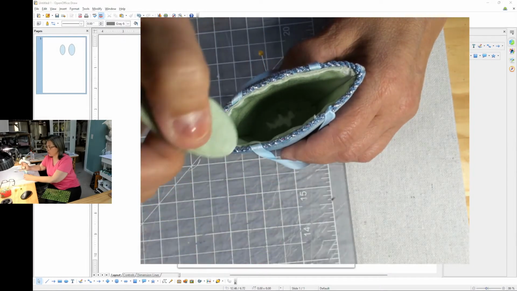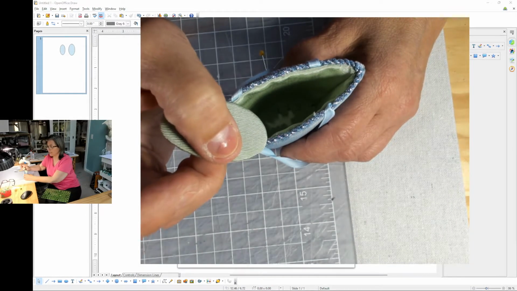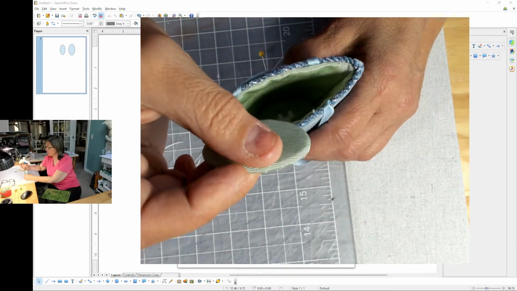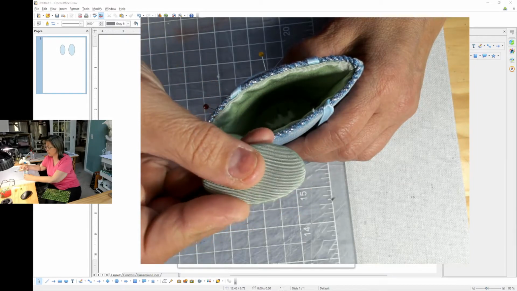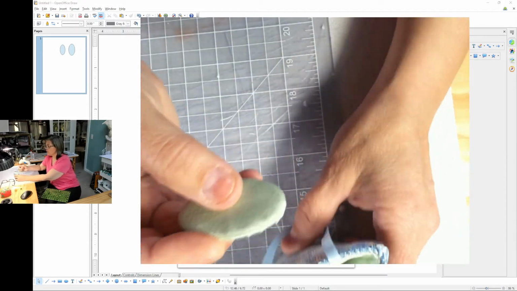It was pushing against it too much, and the sides weren't looking correct up against the edge of this. So then I trimmed it down,